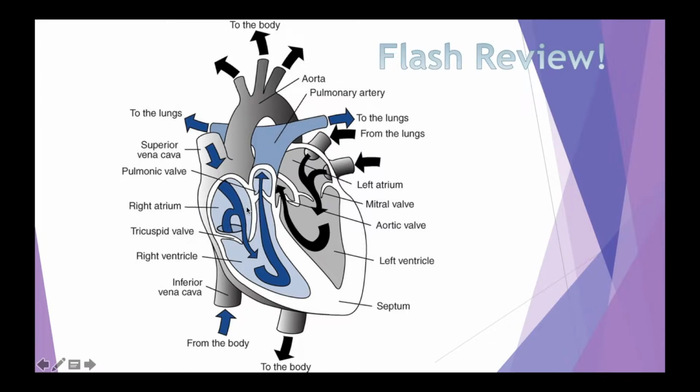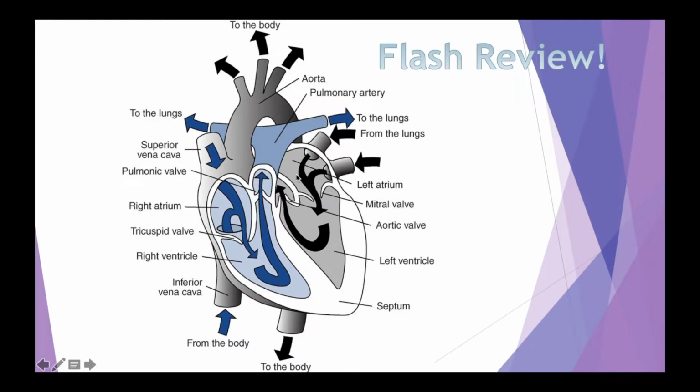When the heart contracts the atria, then the tricuspid valve opens and allows that deoxygenated blood to go into the right ventricle. Contraction there causes that blood to move up through the pulmonary valve and out into the lungs through the pulmonary arteries. Once the blood's gone to the lungs and has switched its CO2 for oxygen, then the blood comes back in from the lungs into the heart, through the left and right pulmonary veins,